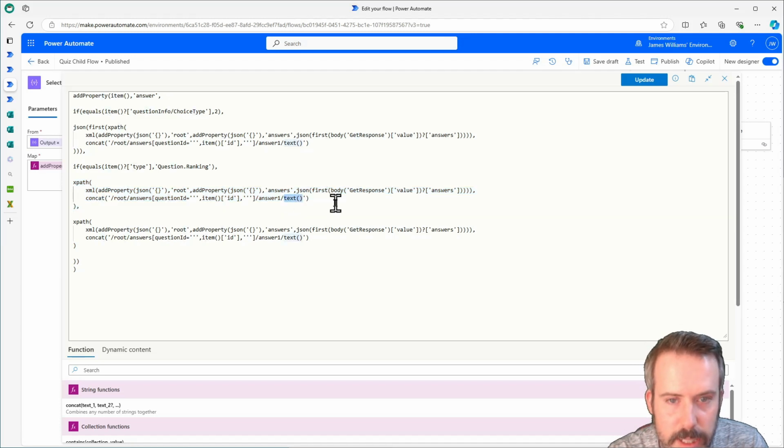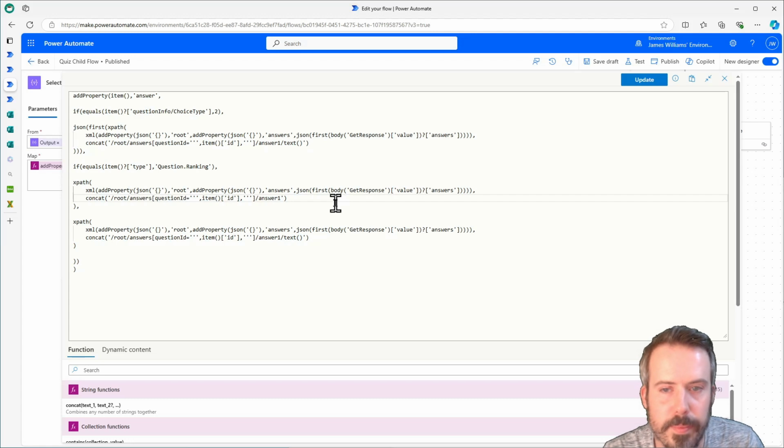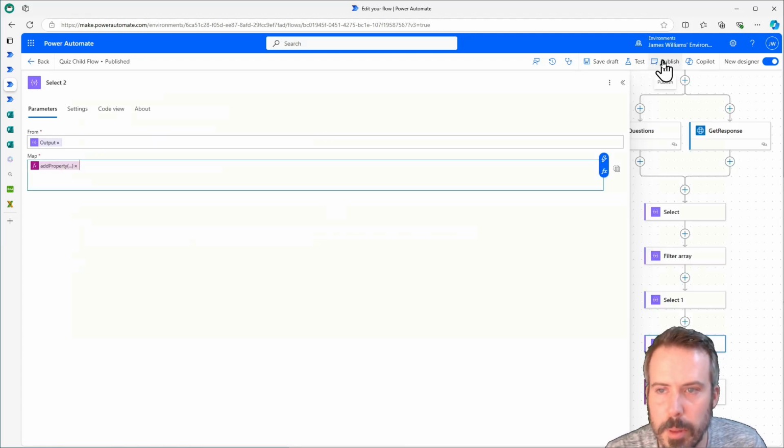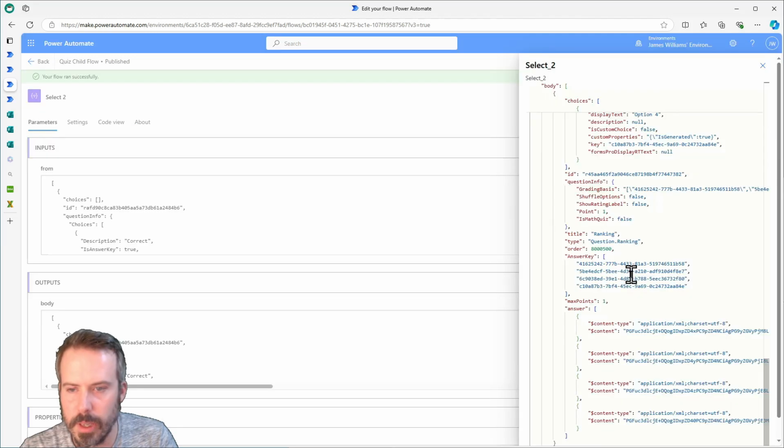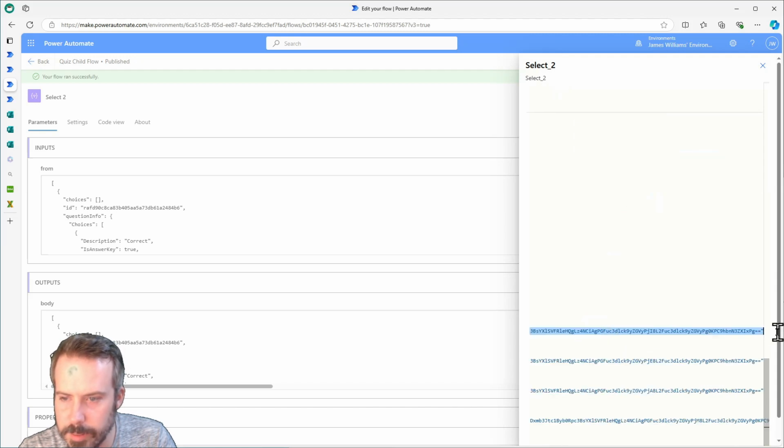So if I get rid of the text and just leave that as answer 1, I'll update that and publish and test. So here's the result. Now in my answer property for the ranking question, I've got an array of 4. We've seen these before. These are our XML objects, and the content sub property here is a base 64 encoded string,